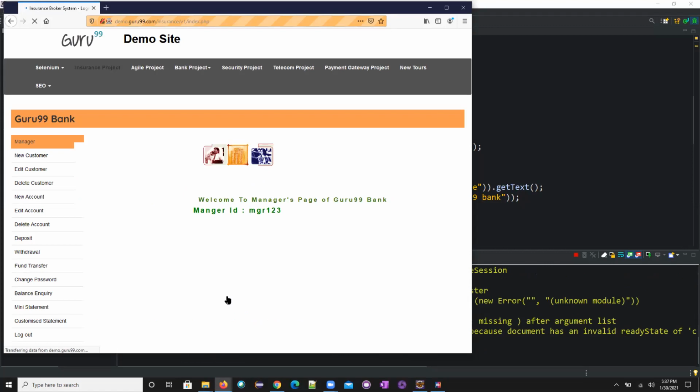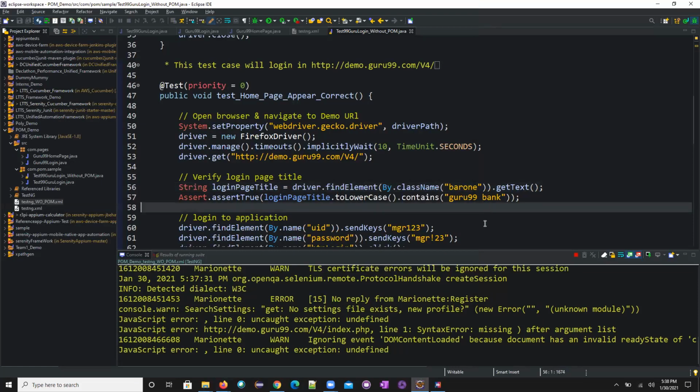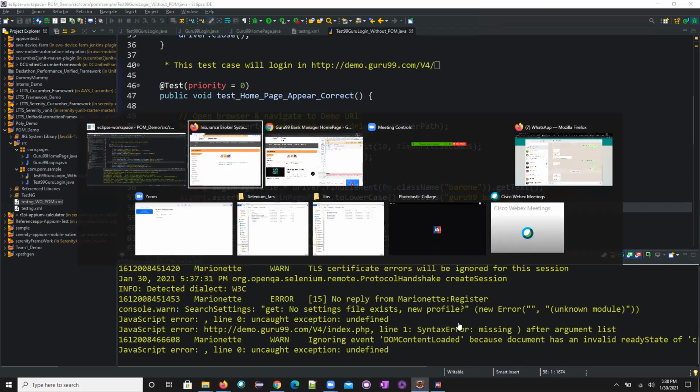It was in dull gray. So if you see here, it was already clicked, and it was trying to open the insurance broker system login. Now it clicked that, and it was still loading, navigating to that page. So it was waiting. Still the execution is going on.